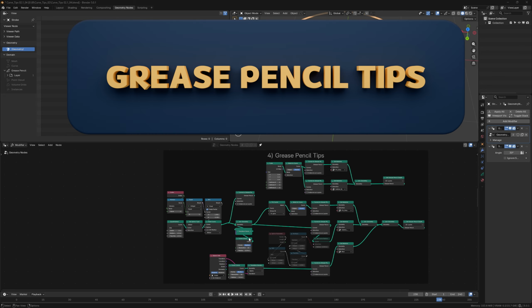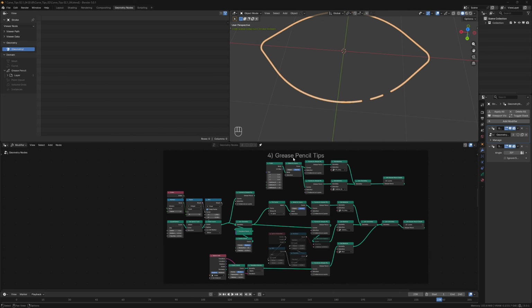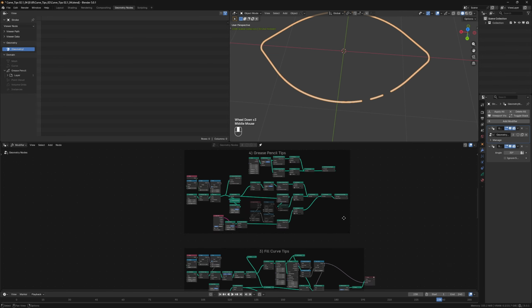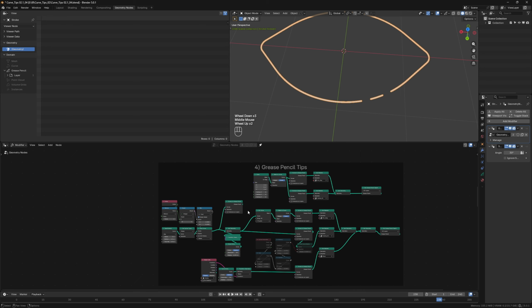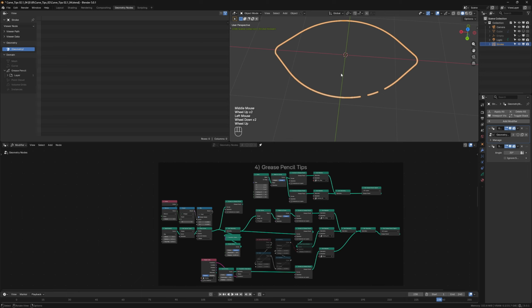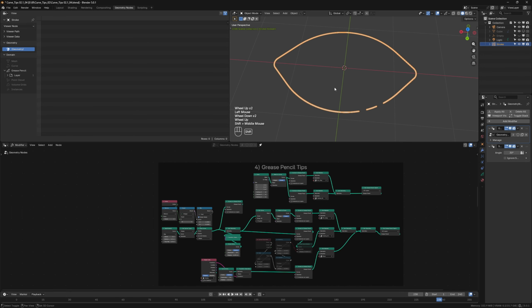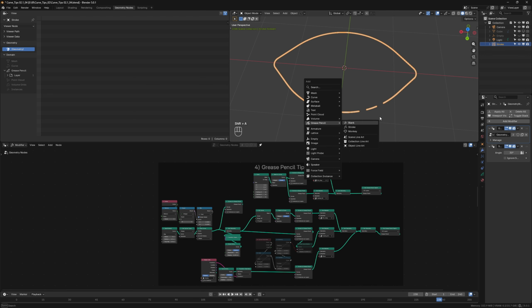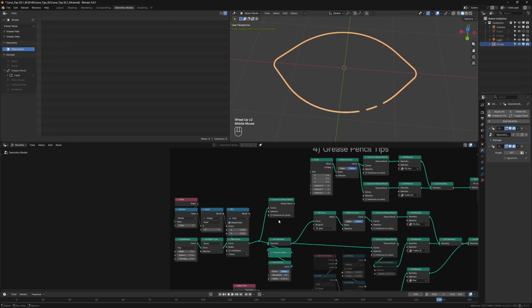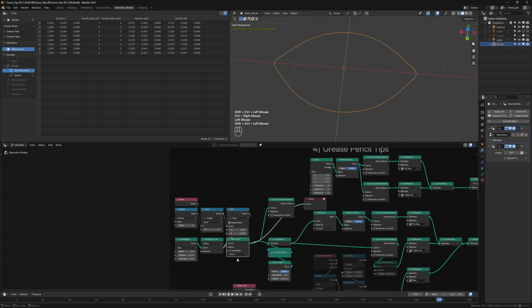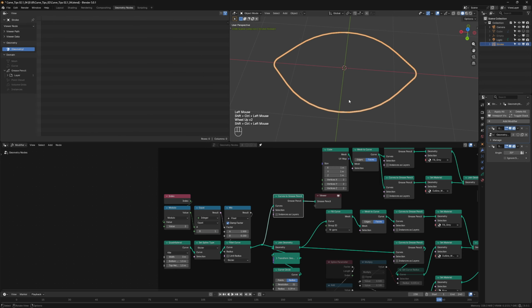And the next section is dedicated to grease pencil's cool features. I think the most attentive ones have already guessed that in order for our viewer node from the previous video to work, we need to place our node tree into the grease pencil object. For this, we take either blank, stroke, or monkey, whatever suits you better. Either option will do. And in such a case, when we create our nodes with Bezier curves, at the very end of the tree, we connect the curve to grease pencil node